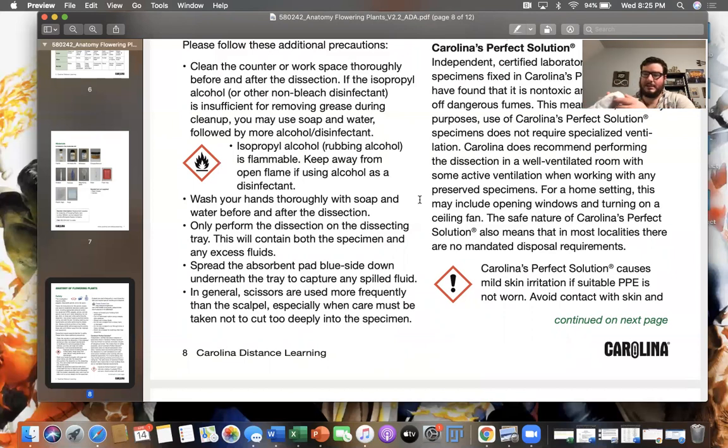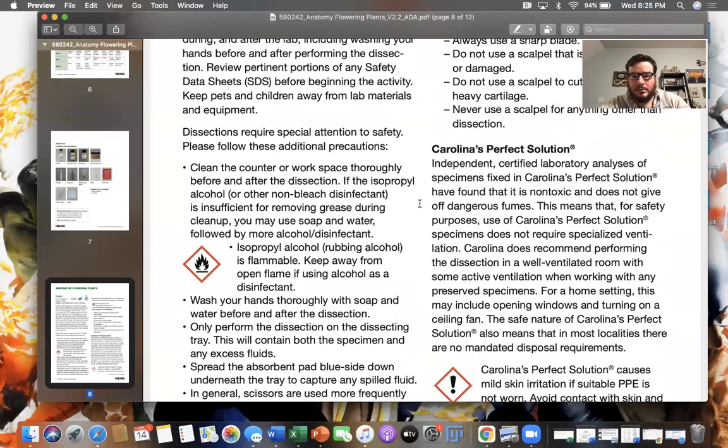So the top has this white pad. That's what's actually going to absorb the bottom. If you do blue side up, whatever you spill on it's just going to kind of run off the side. And then